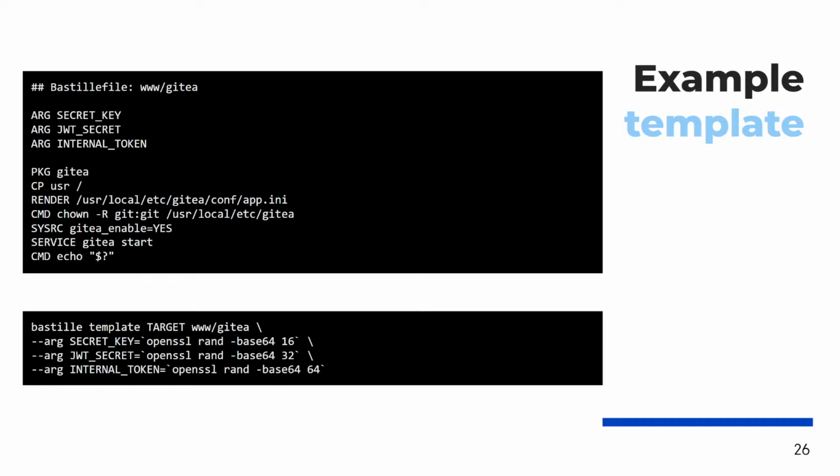Let's see, I see a question in the chat about the render. You know, I think I'd have to look at the code to double check for sure. I think it uses like a sed and looks for the variable and replaces it with the actual value. To be honest, I think I might have to look at the code to see exactly how it's doing it. It's been long enough since I worked on that I can't remember exactly off the top of my head. But basically, it's just the